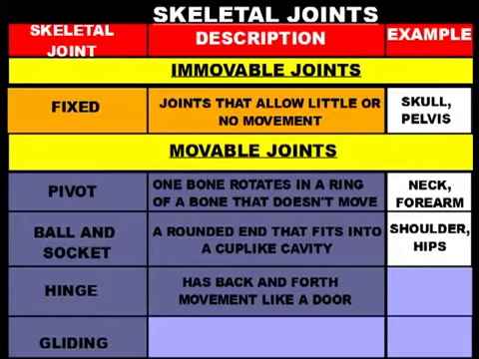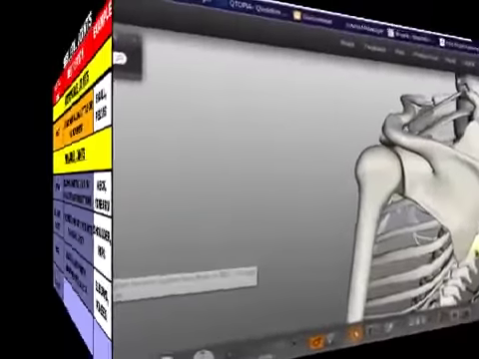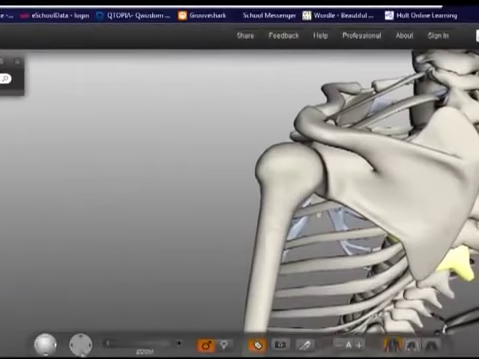And there's a few places where you'll find a hinge joint. You can find them in your elbows, you can find them in your knees, you can also find them in your fingers, and you can find them in your jaw. So if we scroll down a little bit on Steve here,